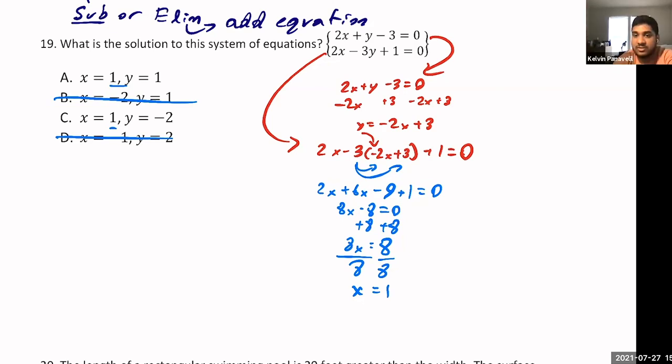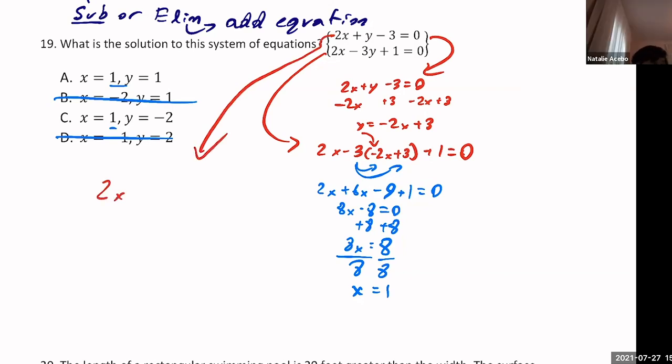So, does it matter which equation you plug it into? Plug it into the first one. Cool. It doesn't matter though, right? You can plug it into either equation. I plug it into the easier one. I think the first one you're right is much easier, right? Because y is already by itself. Great job. So it'll be 2x plus y minus 3 equals 0.